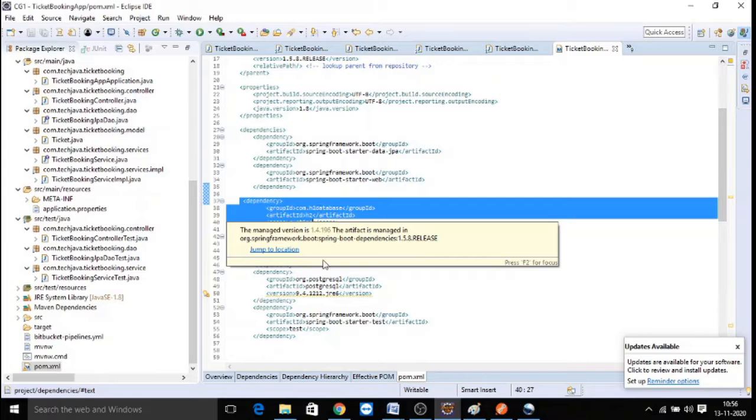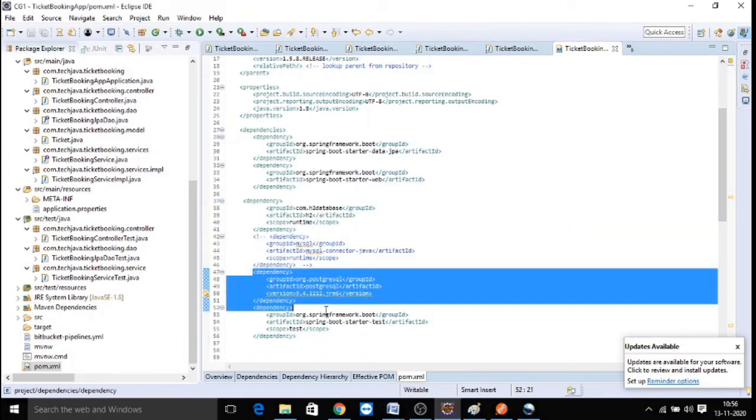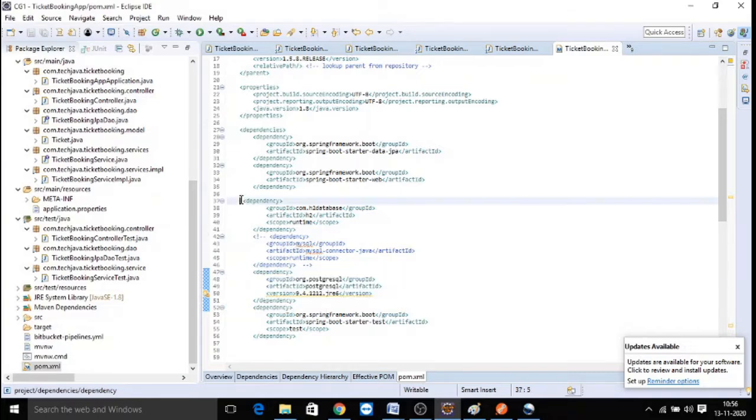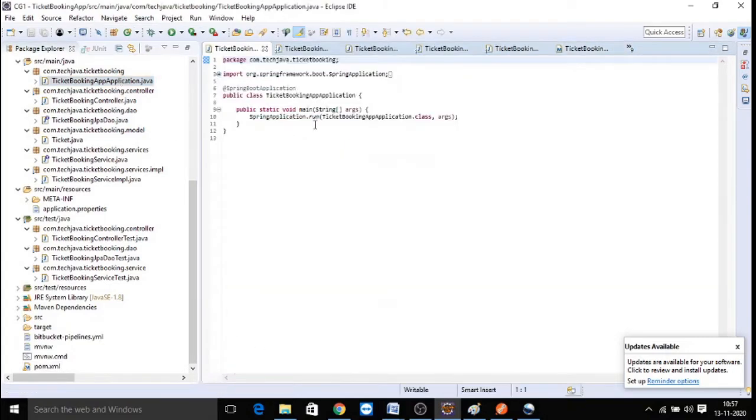So instead of wasting the resources and keeping the Postgres server busy all the time even for testing, we will use an in-memory database for testing. For production, for execution of the application, we will be using Postgres. That's the reason we configured both H2 database and Postgres. And as usual, the application has been implemented with all the layers.